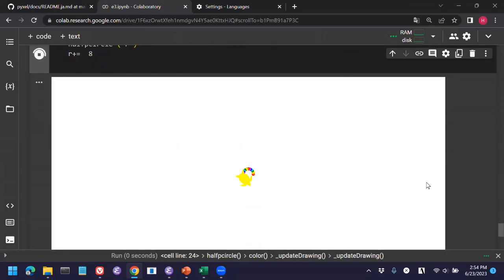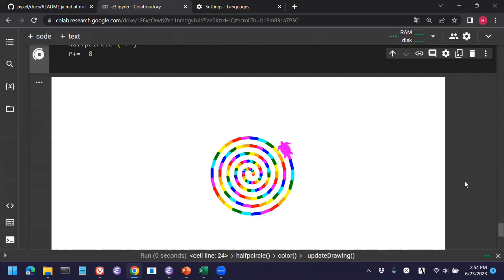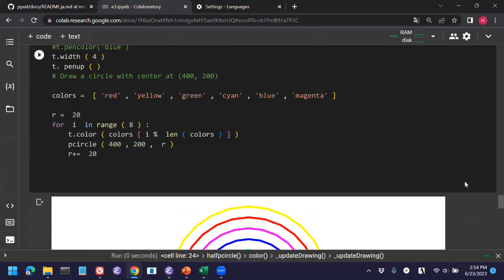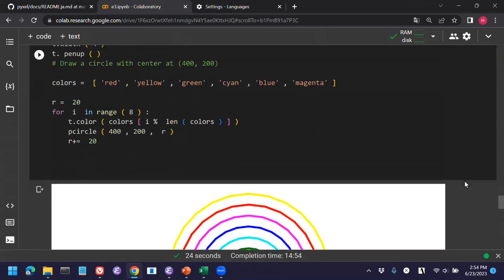Okay, we start from red, changing colors frequently, and drawing spirals, which are composed of half circles, and each half circle is composed of lots of line segments. Okay, so let's go down, and again,